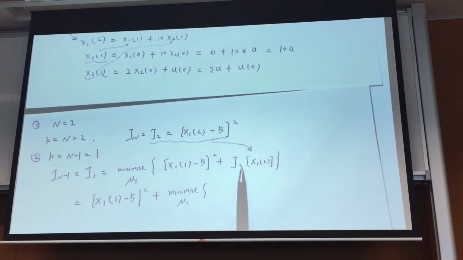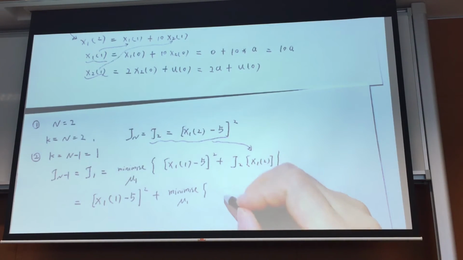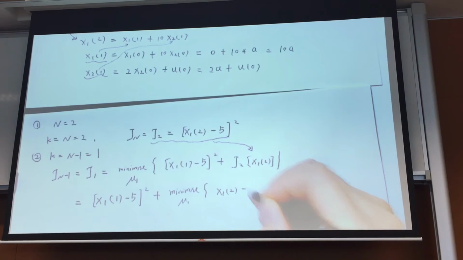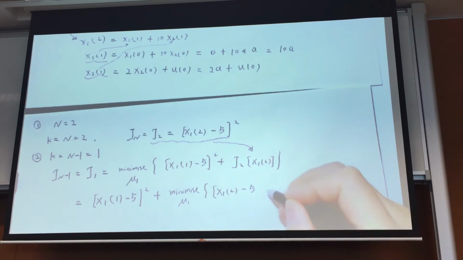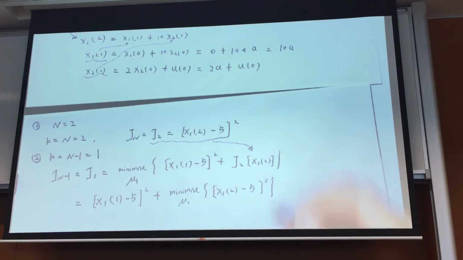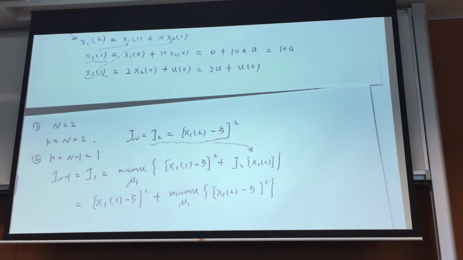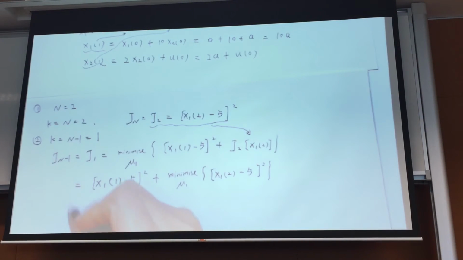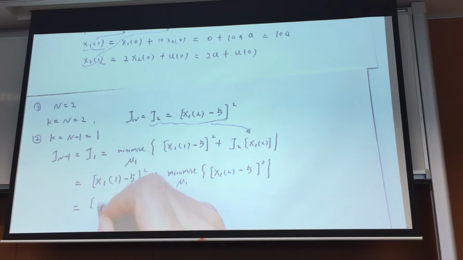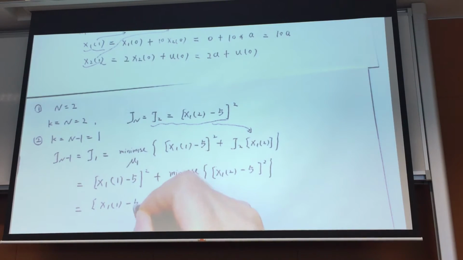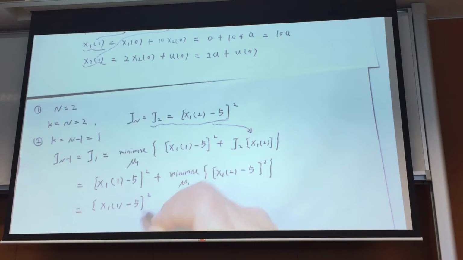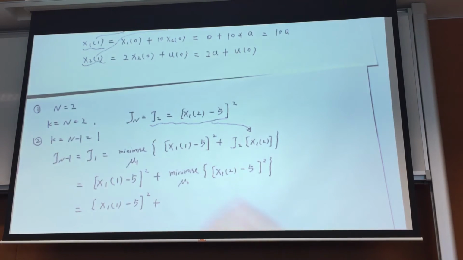And the J_2 is given by (x_1^2 - 5)^2. So this is given by (x_1^1 - 5)^2 plus